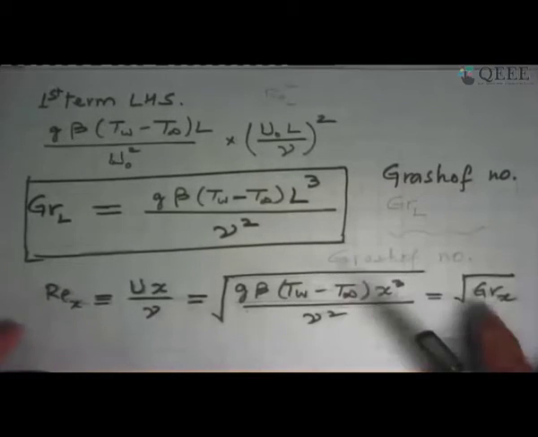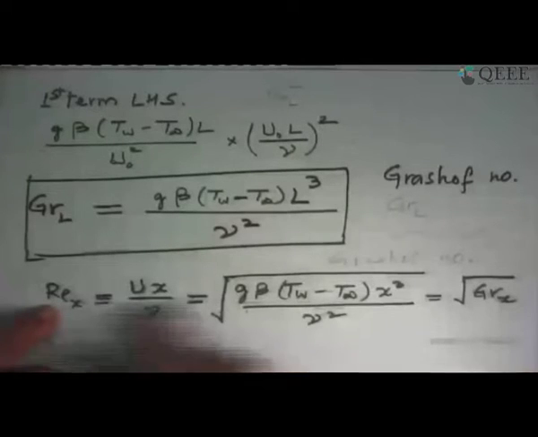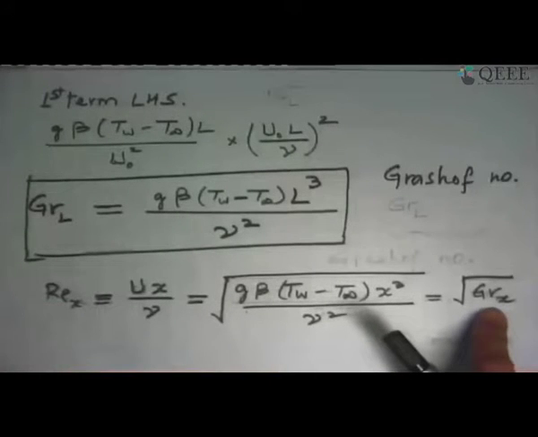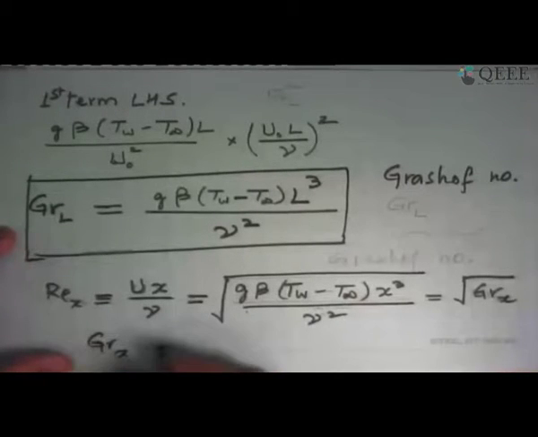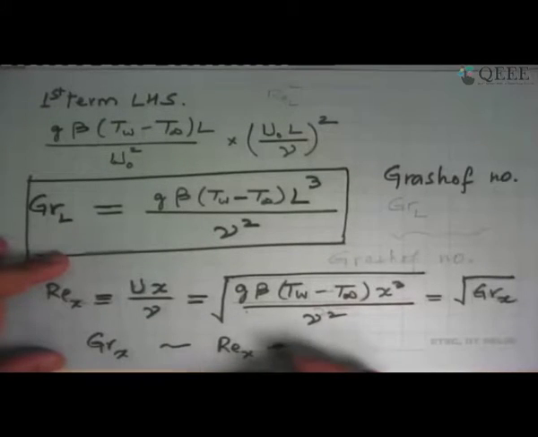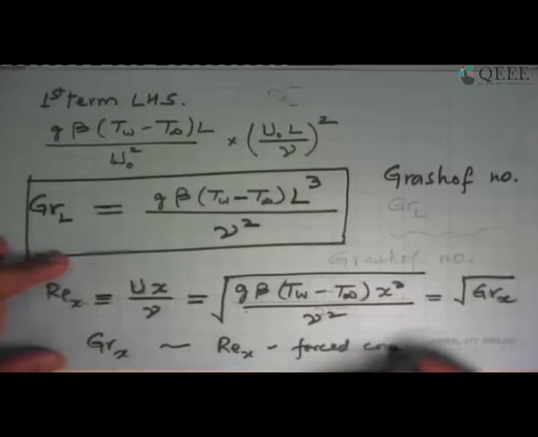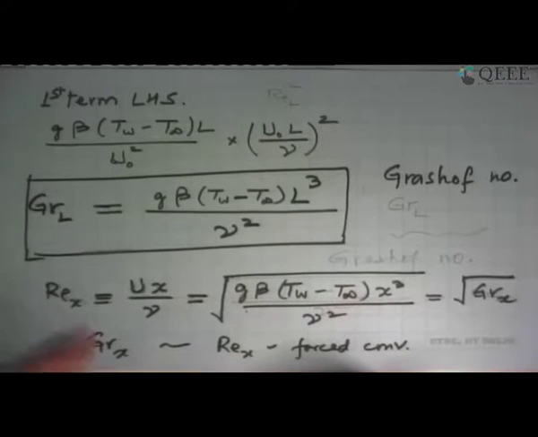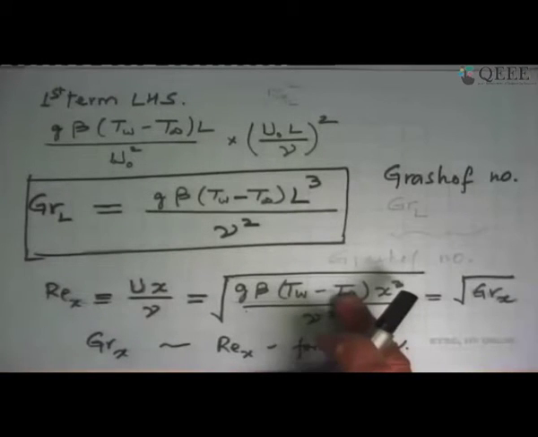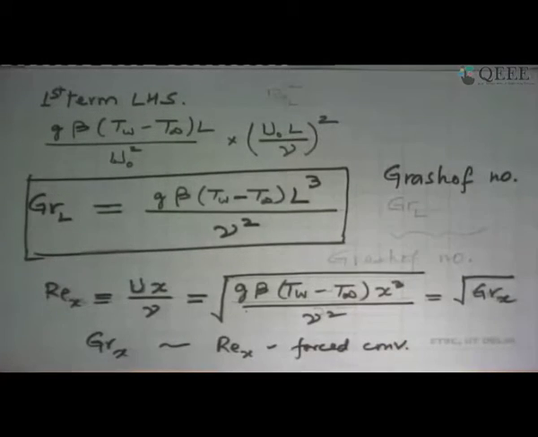So we say what is the typical number in the flow? That simplification tells us it is equal to square root of the Grashof number. So what that means is that the Grashof number plays something of the same role, the same importance that Reynolds number had in forced convection. And consistent with all these types of flows is that the non-dimensional parameter in that equation was the Reynolds number, but now with buoyancy, it is a modified Reynolds number which includes a temperature difference term inside it. That is what we have here.